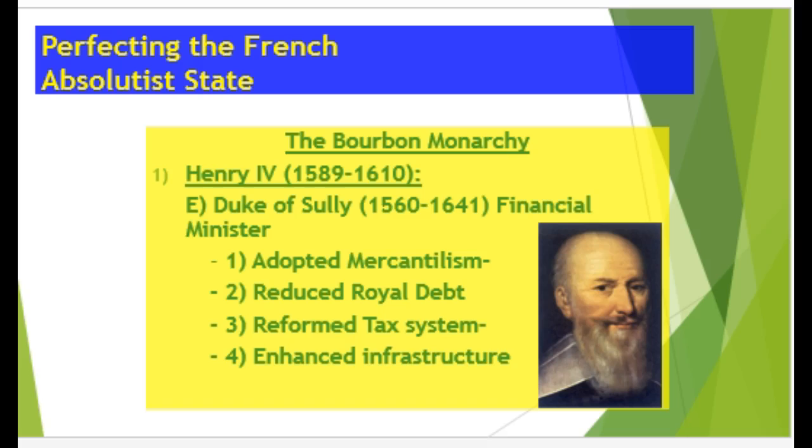He also implements canals, which link major rivers and increase internal trade, and also a canal to link the Mediterranean to the Atlantic. So again, facilitating trade was really, really good for the economy. Sully and Henry concentrated on building back the French economy that had been devastated during the wars of religion and civil wars that plagued France. So thus, for the most part, Sully and Henry will try to avoid at all cost foreign entanglements.